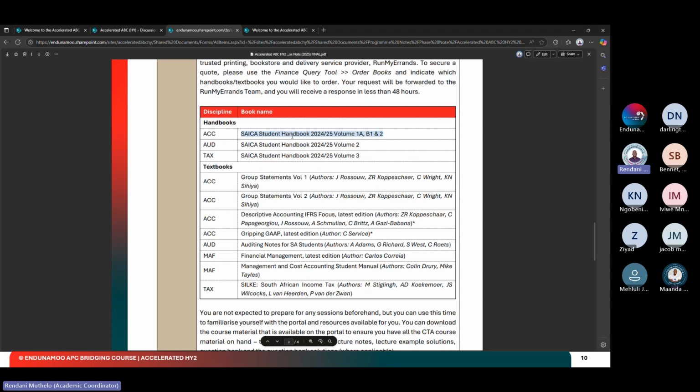On the cover, it's written IFRS. Then volume 2 is the auditing one, and volume 3 is the tax legislation. If you are in Zim, as Darlington and Jacob were talking about, you don't need to buy the Psycha one for volume 3. You need to buy the ICAS handbook, which has the legislation for Zim in terms of the tax legislation as well as the governance legislation,